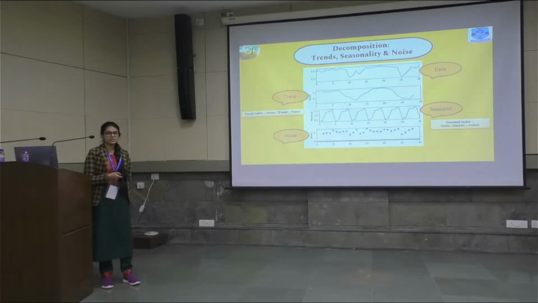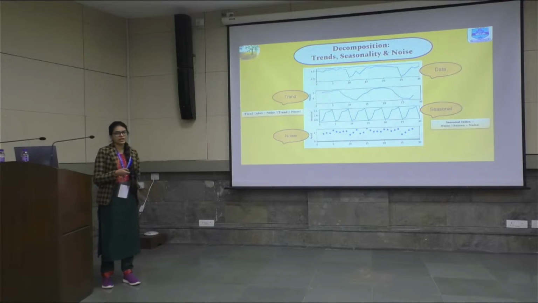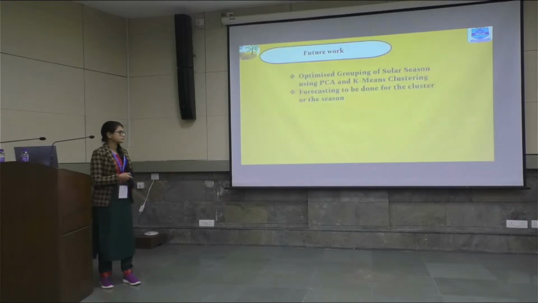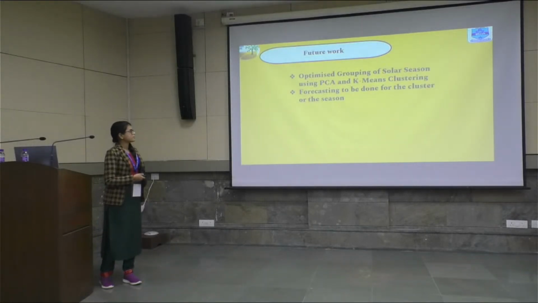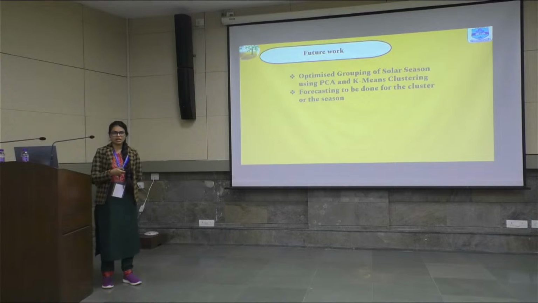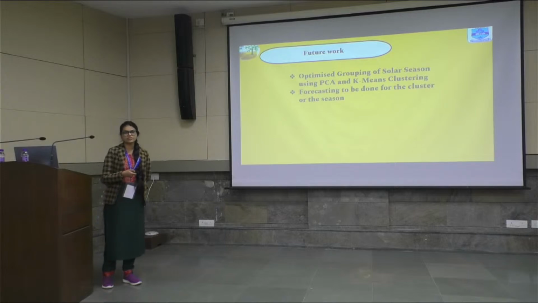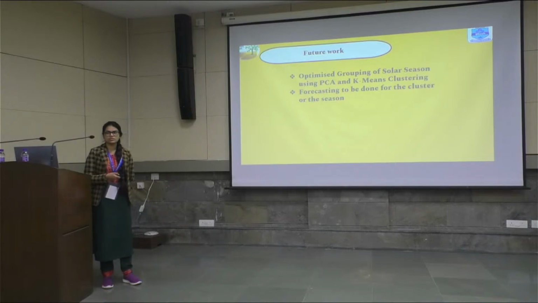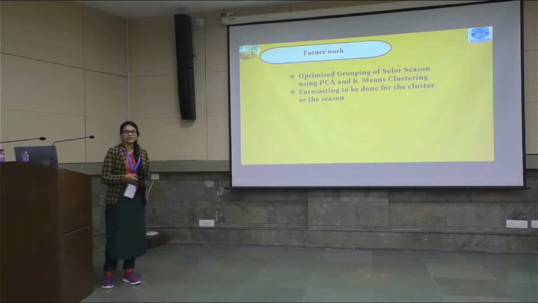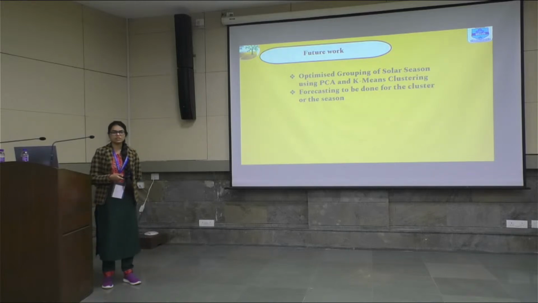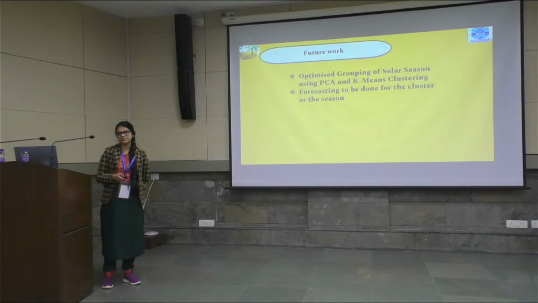And on the basis of this, we have tried to take out a magnitude, a quantitative value, that is the trend index and the seasonal index. Finally, our future work: we have decided that we are going to do the grouping of the solar season, which has already been done to some extent on the basis of the IQR. But here we are trying to do it on the basis of PCA and K-means clustering, and then we will be forecasting it. So basically, the work will be to group our seasons, to make a new season, which is the solar season, and on the basis of that solar season, we will be trying to do the